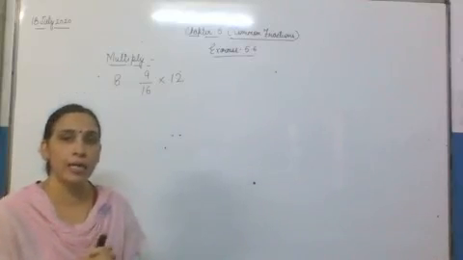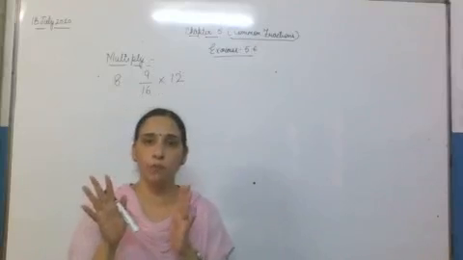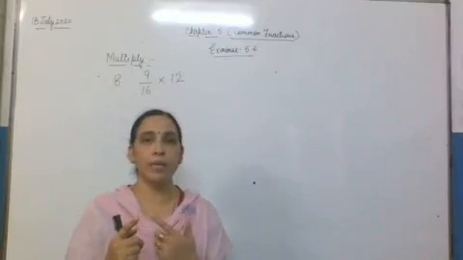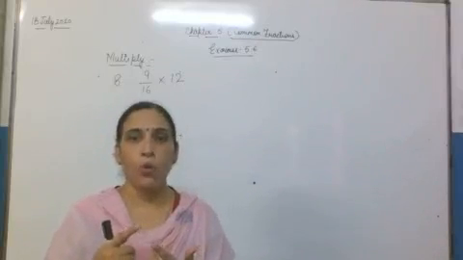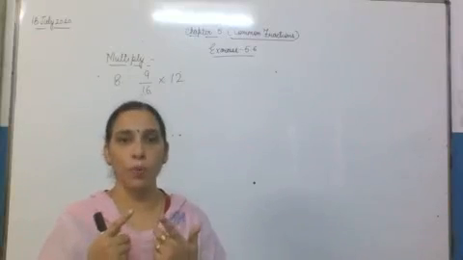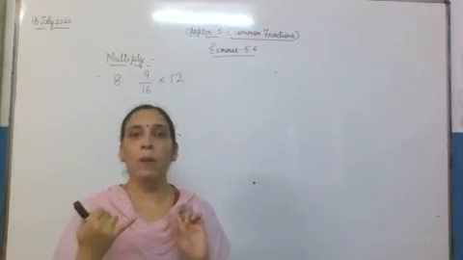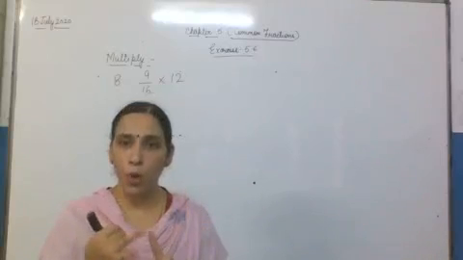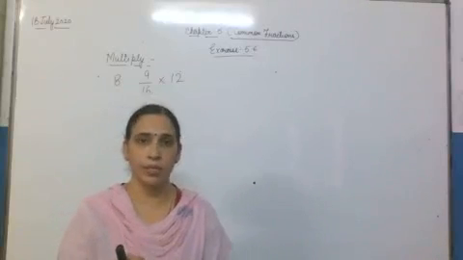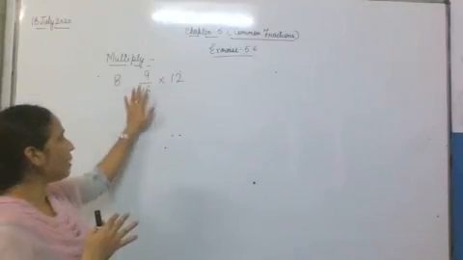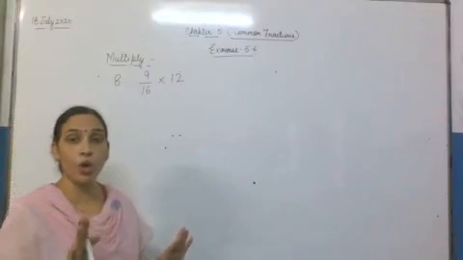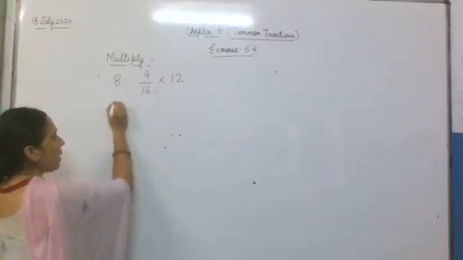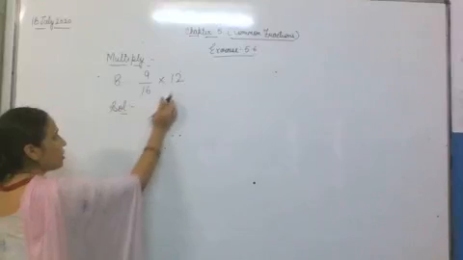So just like that, today we were doing multiplication of a proper fraction by a whole number. Again and again I am repeating: what are proper fractions? Proper fractions are those fractions which have a smaller numerator than denominator. So here you can see one example. 9 by 16 is an example of a proper fraction, and it is supposed to be multiplied by a whole number which is 12.